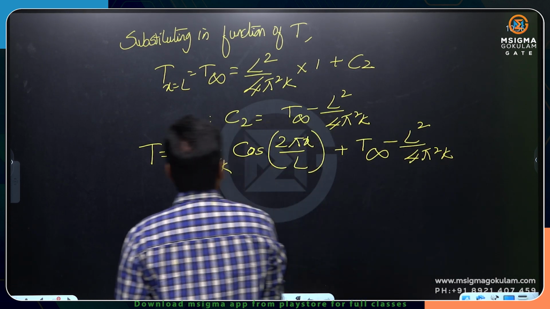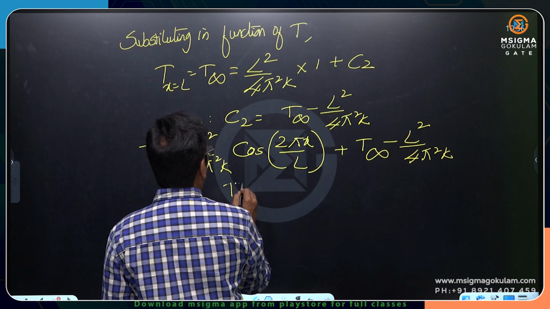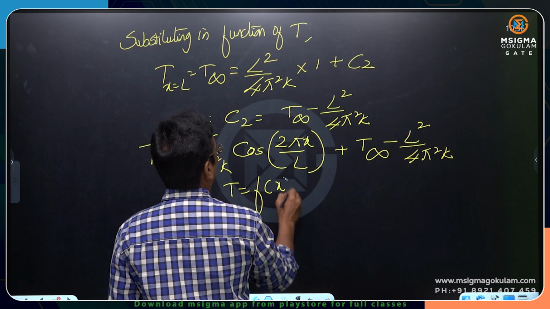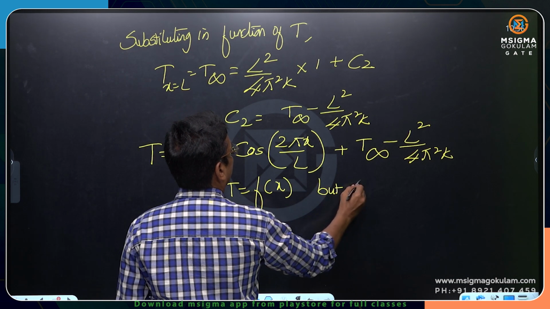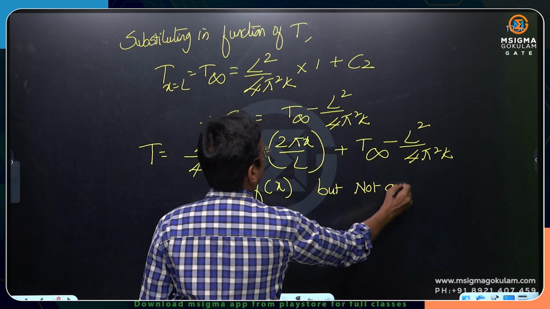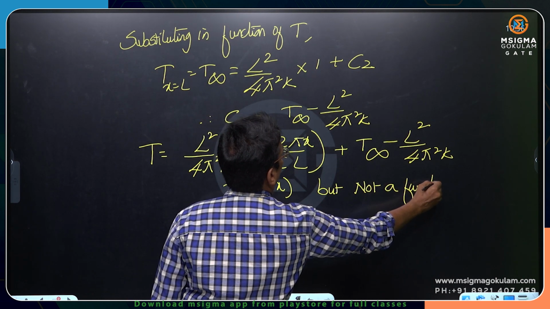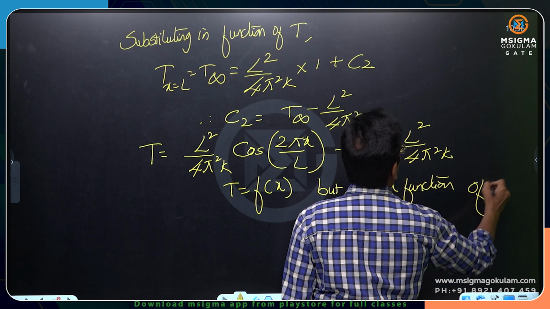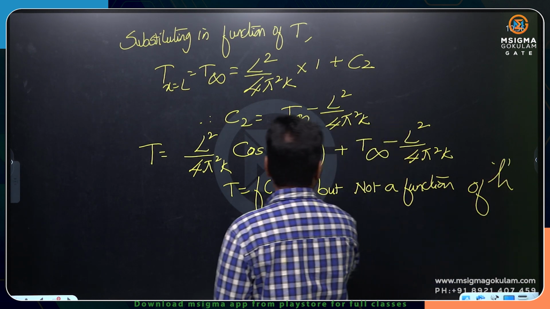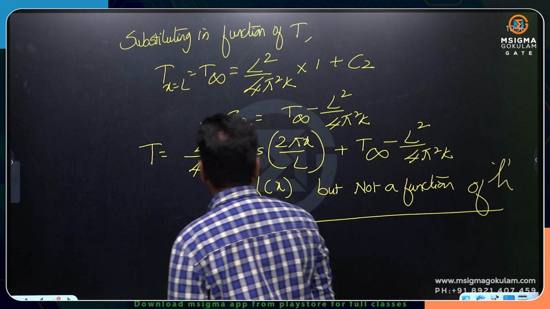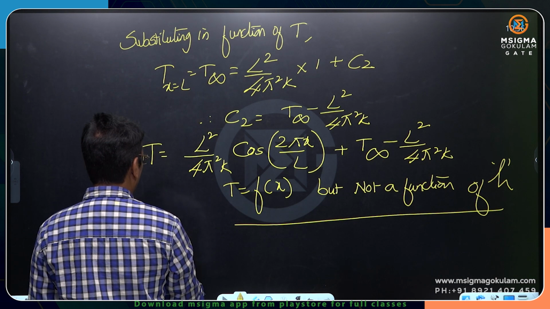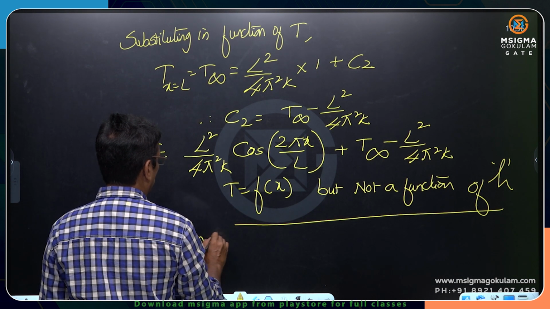But it does not contain h anywhere. So T is only a function of x, but not a function of h. So this is what I conclude. T is only a function of x, but therefore even if h gets doubled,